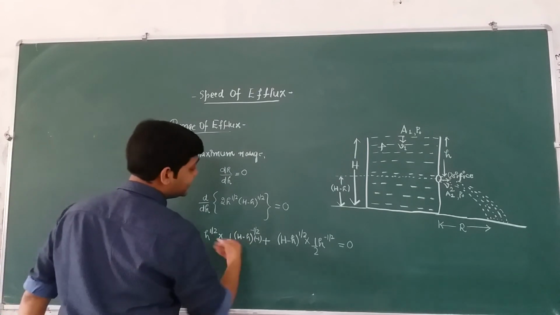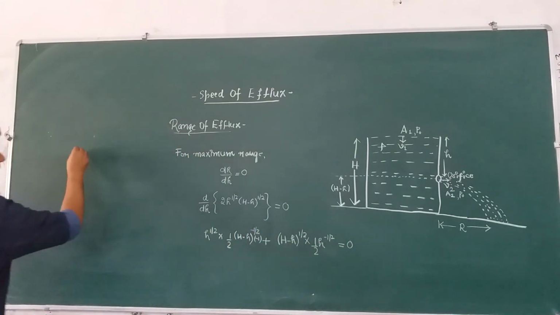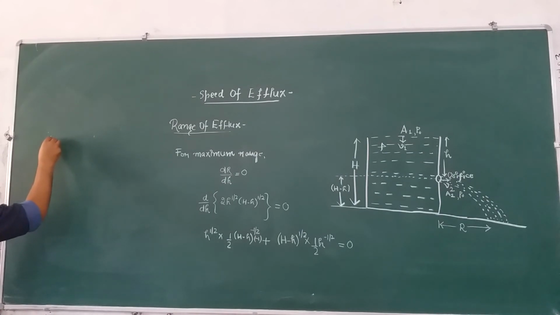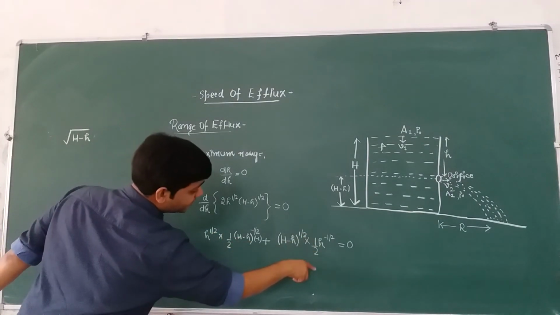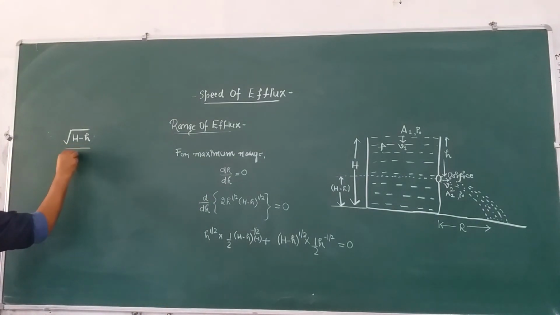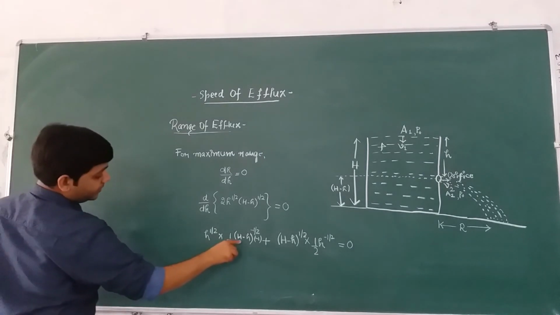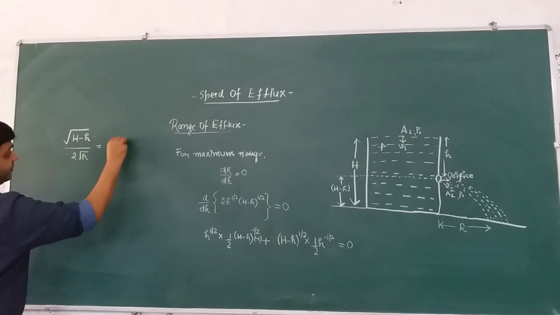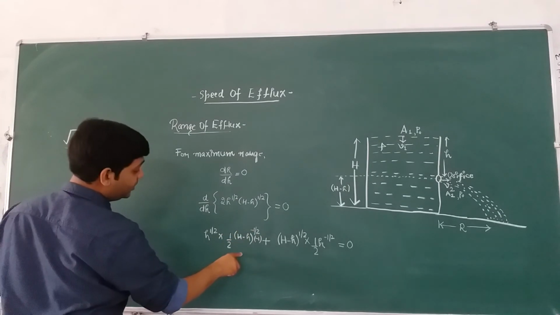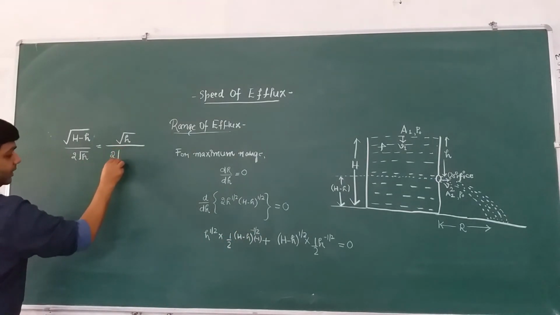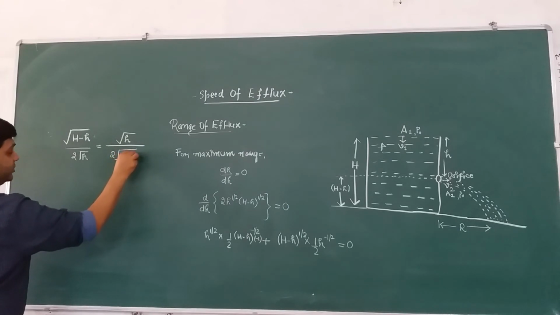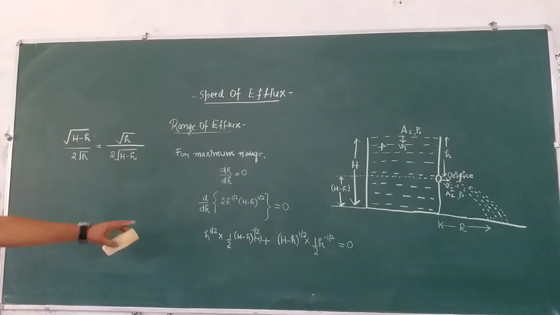So now if we take this term that side, what do we have? We will have under root of H minus h. Now I am writing it in this form. Under root of H minus h, this root h is taken out, and so we will have 2 root h is equal to, this will remain above, in the numerator. So we will have root H upon, this is taken down, 2 under root of H minus h. I hope this is clear to everyone.